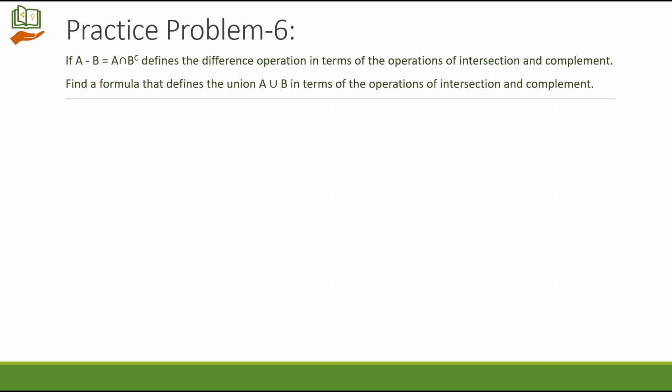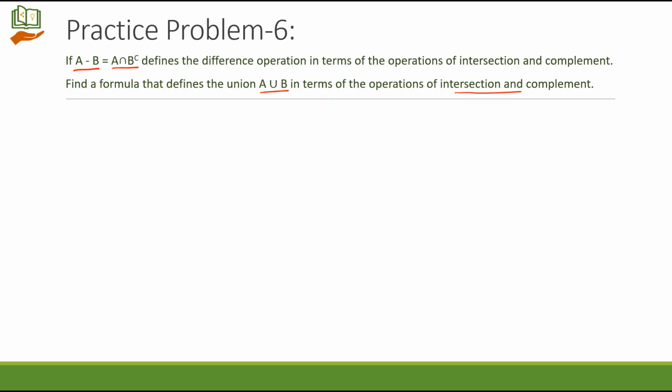This defines the difference operation in terms of operations of intersection and complement. This is what I have been telling you while I was explaining. There are other ways to represent difference and symmetric differences. One such expression is given here. A difference B can be represented in the form of intersection and complement. Now they have asked us to find a formula that defines the union A union B in terms of operations